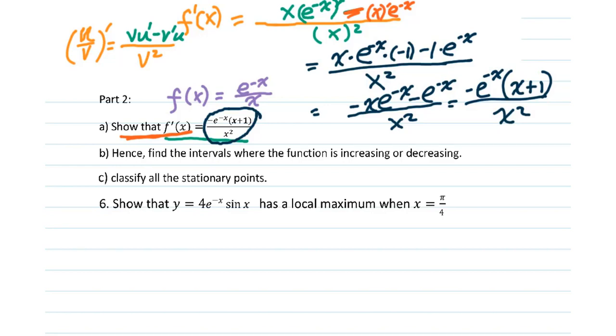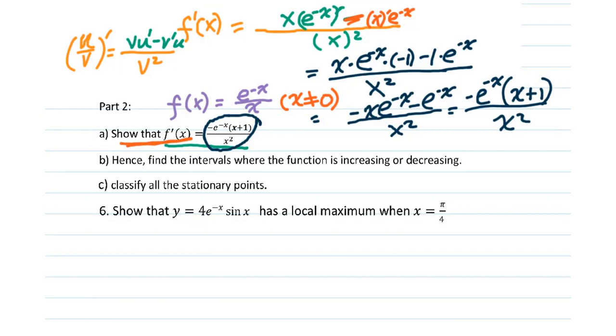Now let's go to B. Find the interval where the function is increasing or decreasing. From the original function, you could say the domain has to be x not equal to 0, because you cannot make the denominator equal to 0. And just check over here, this